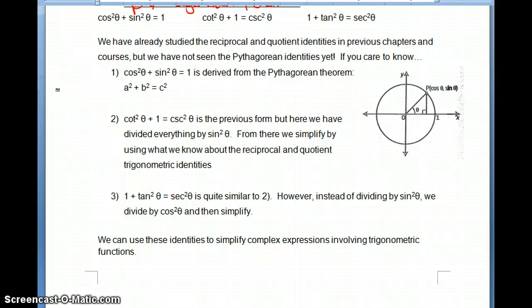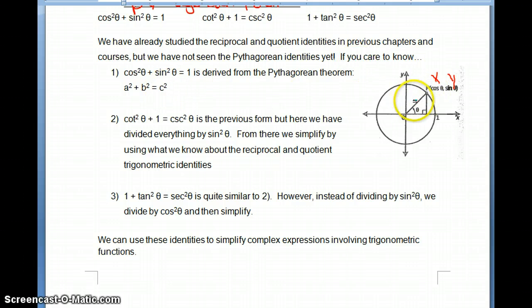So that comes directly from the Pythagorean theorem. Alright, so looking here at our wonderful unit circle, we have this point here. If you remember that your x value here is your cosine of theta, and your y value here is your sine of theta, so you'd put in cosine squared plus sine squared is equal to, and if you remember what c squared is,